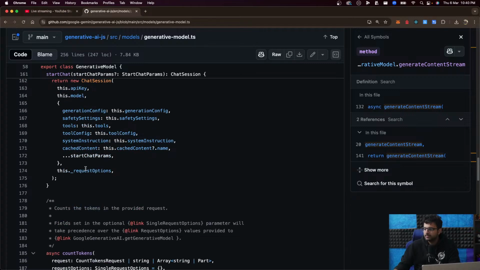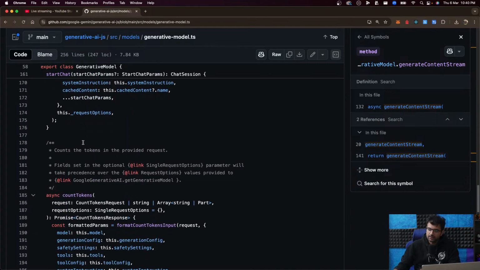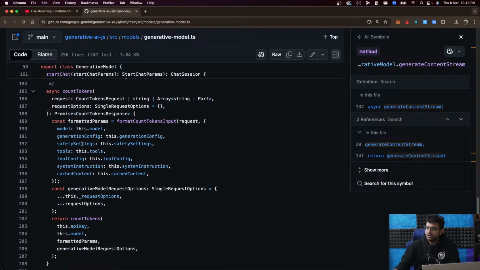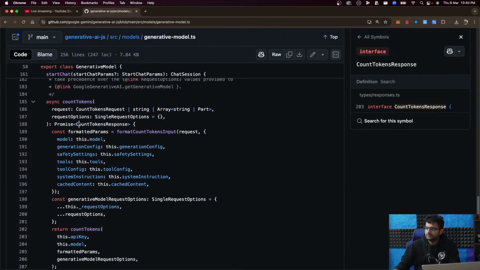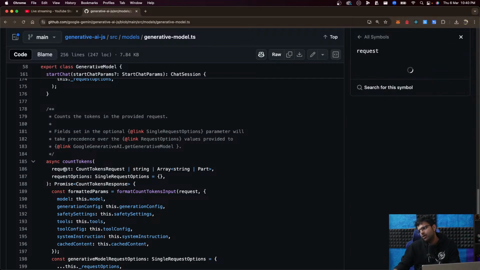What else? startChat, to have a slightly longer chat with the specific LLM. countTokens. What does this do? Count the tokens in the provided request. Oh, it does take a request as an input. That makes sense. So on and so forth.